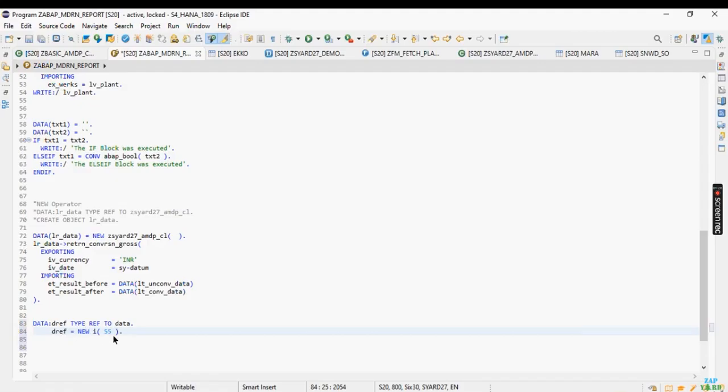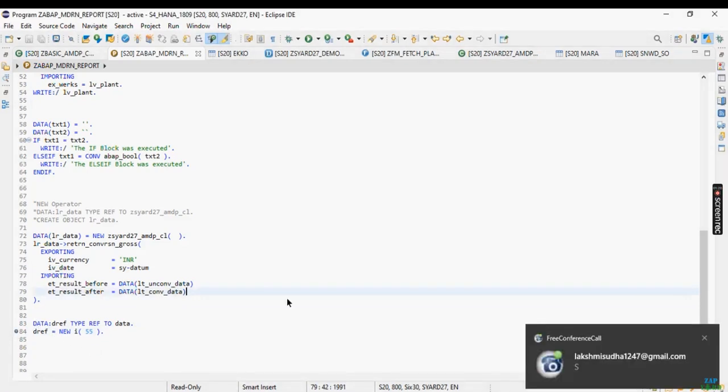Don't you think this will actually point to this, like the field symbol that we do? Yes or no, guys? Do you want to see the behavior of this in the debugger? Okay, let me put a breakpoint here. So if I do F8,